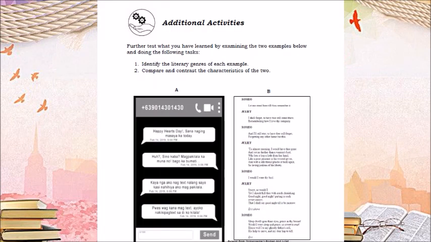And for the additional activity, further test that you have learned by examining the two below. We have here the text and the conversation, A and B. Identify the literary genre of each example and compare and contrast the characteristics below. So after identifying this,